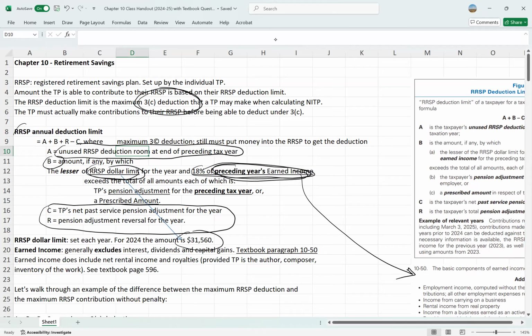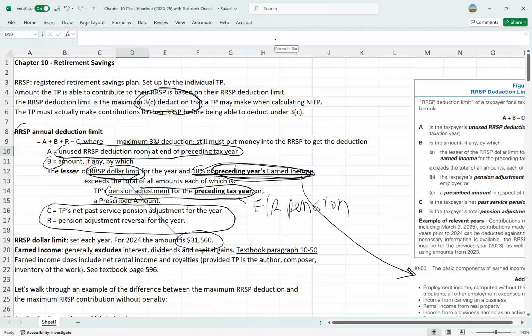And then whatever the lesser of those two amounts are, it has to be reduced by the pension adjustment for last year as well. And the pension adjustment is basically any amounts you put into an employer-sponsored pension plan. So remember in Chapter 3, we talked about the fact that sometimes you contribute to an employer-sponsored pension plan. Those amounts that you put into the employer-sponsored pension plan, along with the amounts that your employer matches or puts in as well for your benefit, those amounts added together are the pension adjustment, and that will reduce the amount you can contribute to your own personal